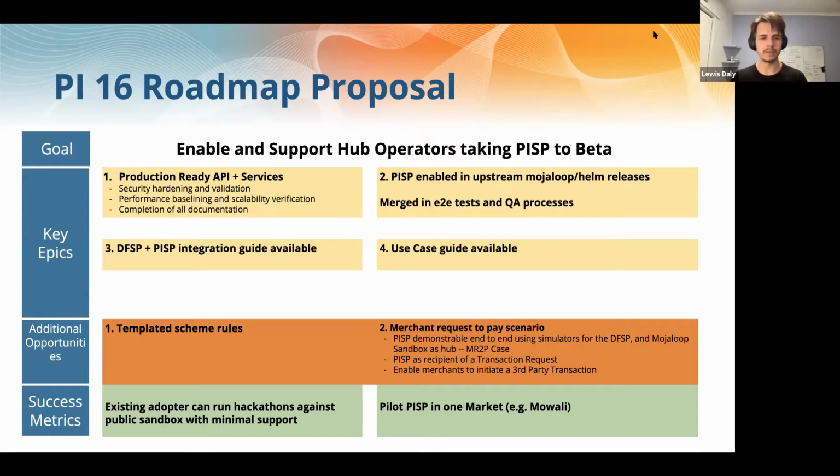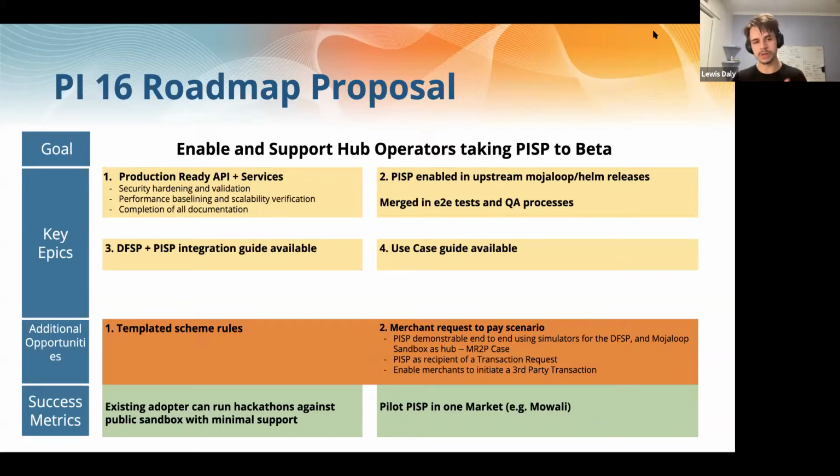There's work to be done, and I've put it in point number 1 as well, but really in our documentation and integration guides. We need a document that shows a DFSP coming to the table. How do I make this from scratch? How do I, or a PISP, go ahead and integrate with the PISP APIs? What are the different options available to me? And what are the use cases that's going to enable? That kind of speaks to point number 4 here.